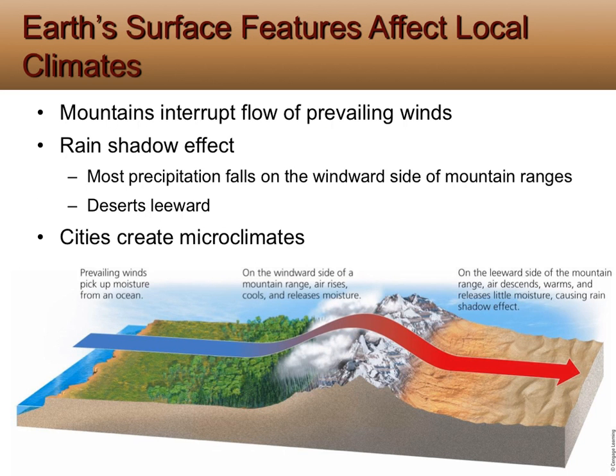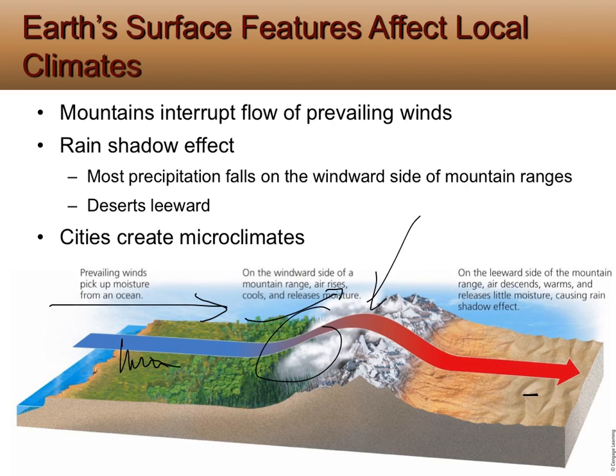Other things that can actually affect our climate are mountains. If you think about a city like Los Angeles being in this region right here, and then we have the Sierra Nevada mountains, we get something called a rain shadow effect. What happens is prevailing winds come in, and they're not quite strong enough to get over the mountains with moisture. So as the clouds go up and up and up, they're warm, and they condense when they get cooler, and precipitation falls here. That is called the windward side of the mountain range. The opposite side, like where Palm Springs is in California, is called the leeward side, so it's dry.